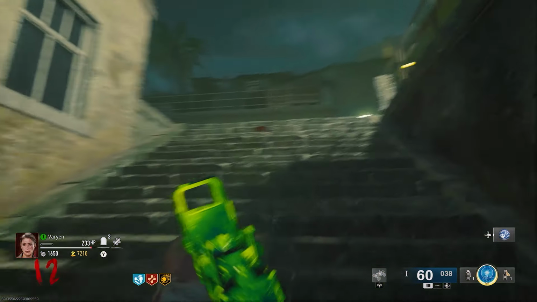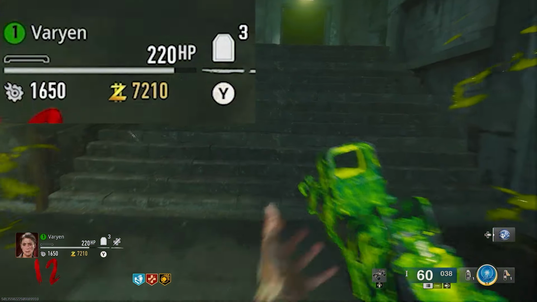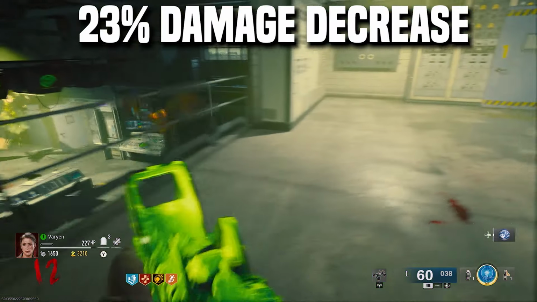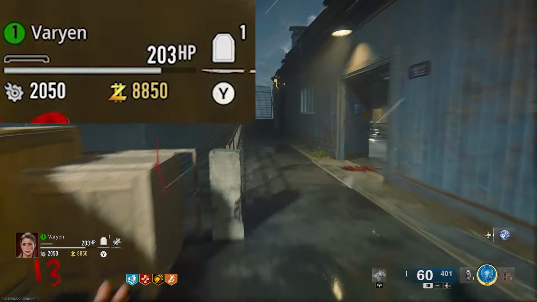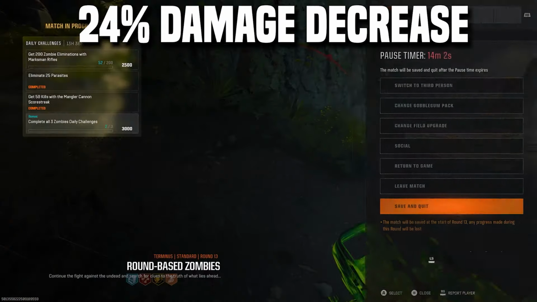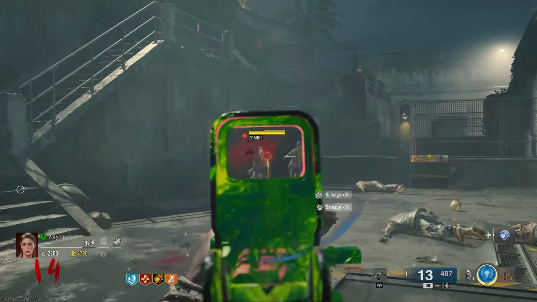And I'll just give you a brief summary of the numbers so I don't bore you. Without this augment, I took 30 parasite damage, and with it, I only took 23. That's about a 23% decrease in damage. And then with the manglers, I took 62 damage without it, and with it, I only took 47. That one's about a 24% decrease in damage. So they're about the same. I think the actual numbers are decimals in between, but it's a 23 to 24% decrease in damage from